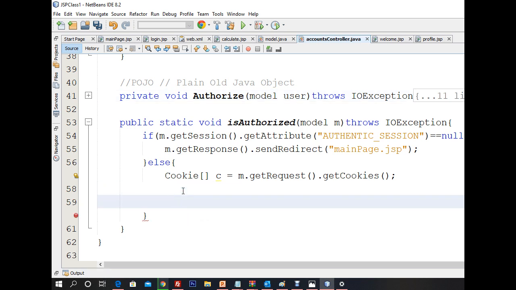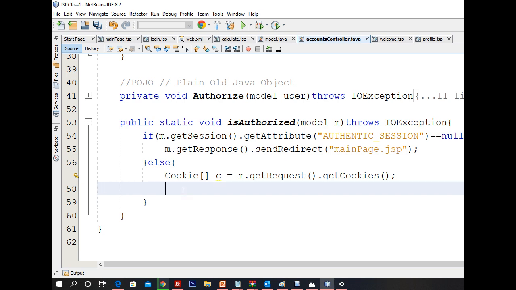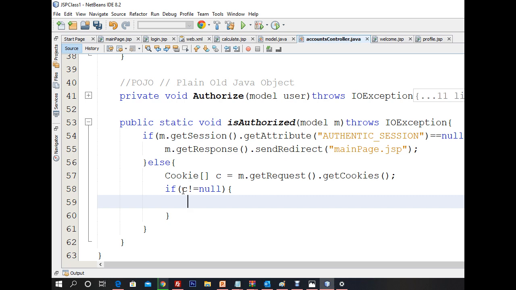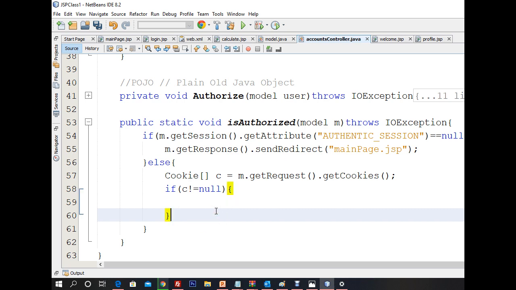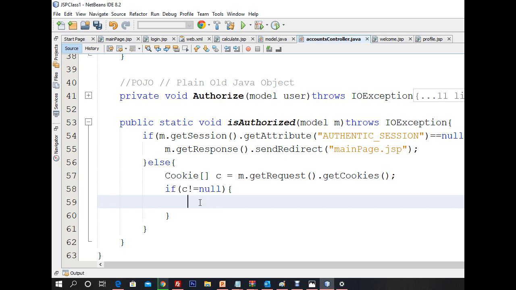So I will say, if C is not equivalent to null, if the cookie has something, so I will use for,